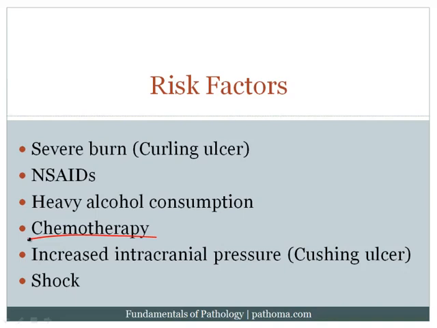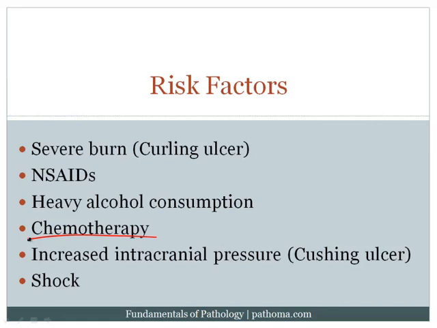Chemotherapy can also increase the risk for formation of acute gastritis, and the idea here is that when you give chemotherapy, you're knocking out the cells that are turning over, and if you knock out the cells that are turning over, then you're not going to be able to regenerate new cells in the mucosa of the stomach. And so when you can't regenerate new cells, you're not going to have as good of a mucosal surface to protect against acid. So chemotherapy knocks out your ability to regenerate the cells of the stomach, hence increasing the risk